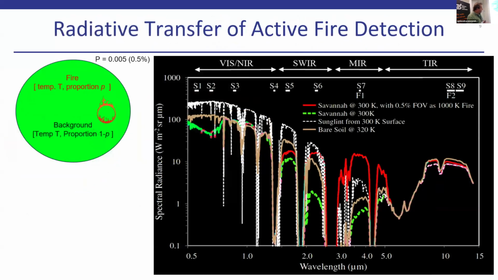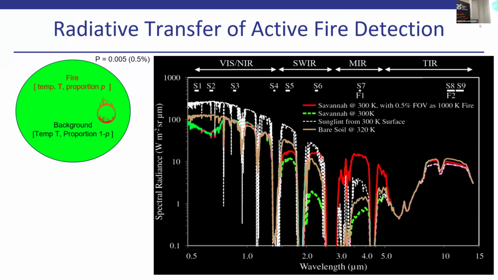What that translates to is something like this. So this is a radiative transfer model called MODTRAN. It tells you how much radiation goes through the atmosphere from the surface to the top of the atmosphere. So basically, we were simulating an instrument called SLSTR on Sentinel-3, which we do the fire product for. So here are all the bands, S1 to S9, and there's two fire channels, F1 and F2. F1 and F2 are in the middle infrared. I'm not going to get into all this.